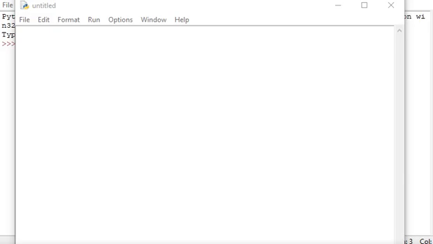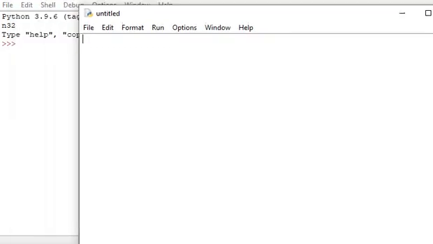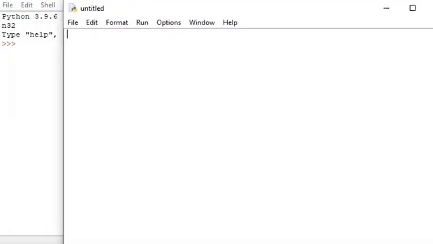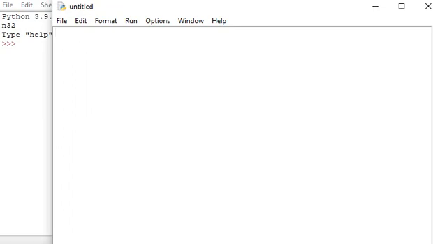So, for example, let me give you a for loop statement example. Let me start with food items. Let me create a list for food items. I'm creating a list for food items where we have